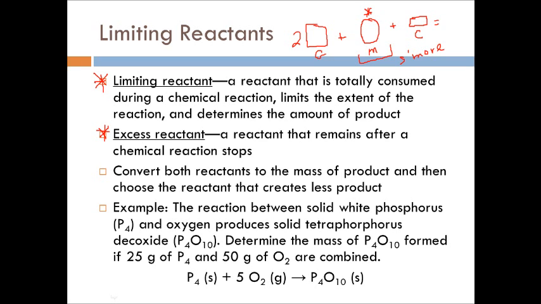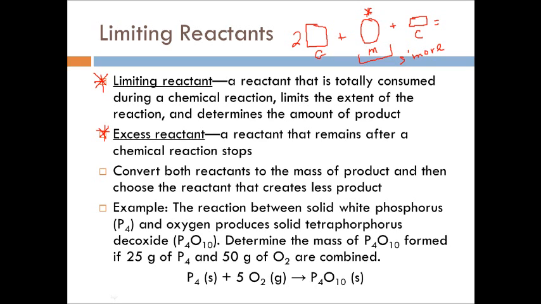If we have more than 2, you have 1 limiting, and then you have everything else is excess. There's no middle ground. It's either limiting or excess. All right, and so what you have to do here is take the mass of whatever they give you, and convert it to the same product. Now, there's only one product, that makes it easy. But you want to convert it to the same product, because what you're going to do is